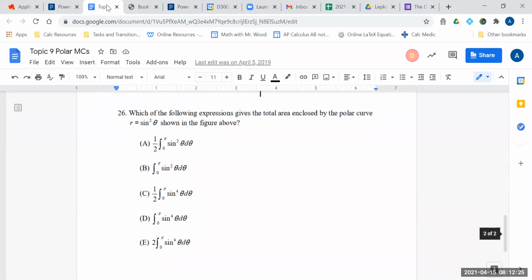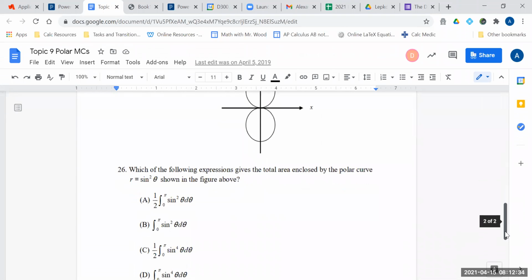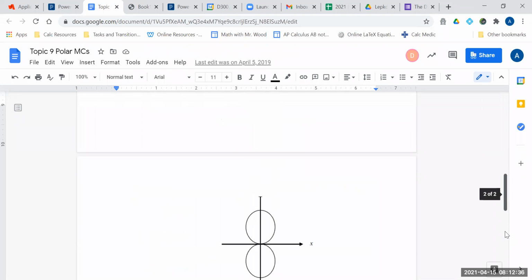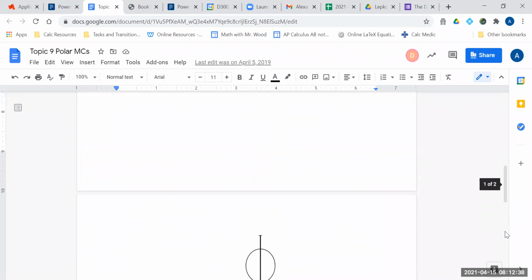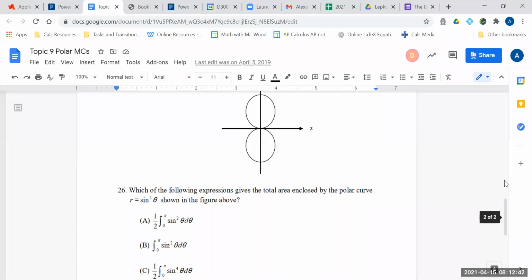All right. 26. Which of the following represents the total area enclosed by the polar curves? This is a tough one to graph, which is why I'm trying to remember here. Yeah, I'm pretty sure this is non-calculator. So